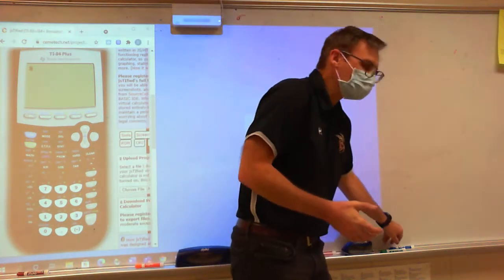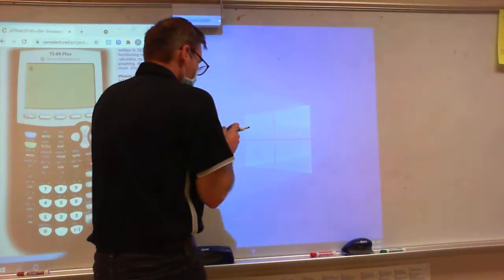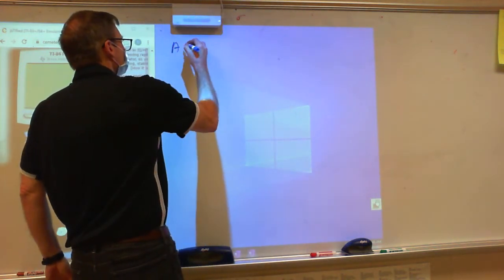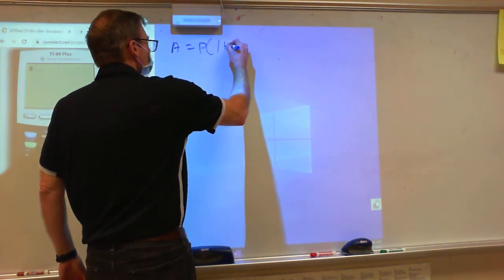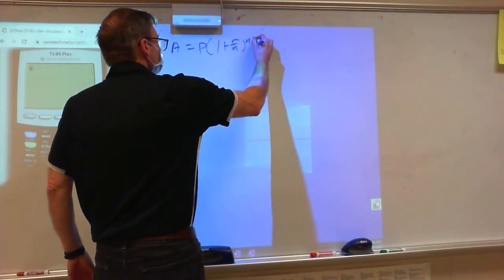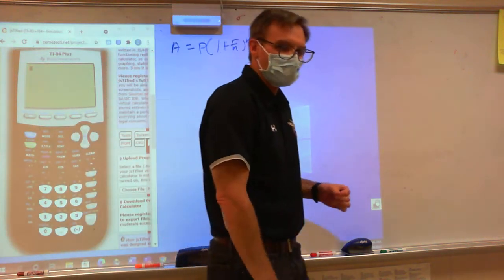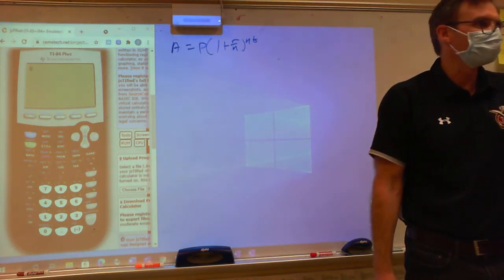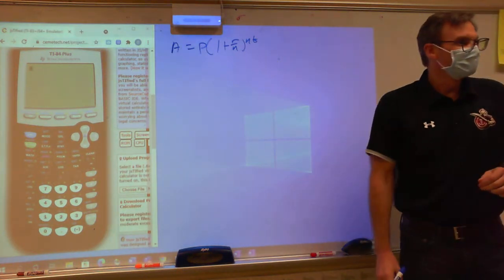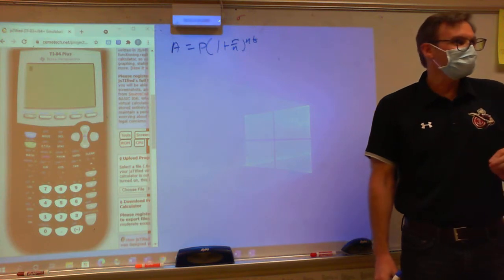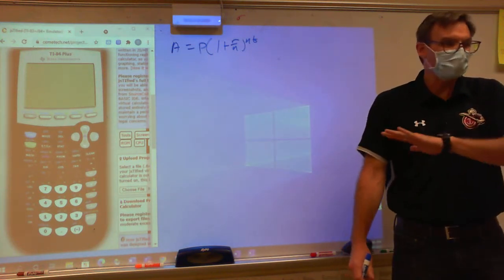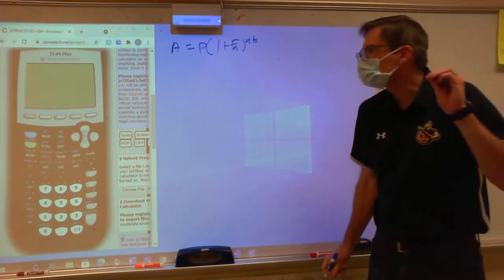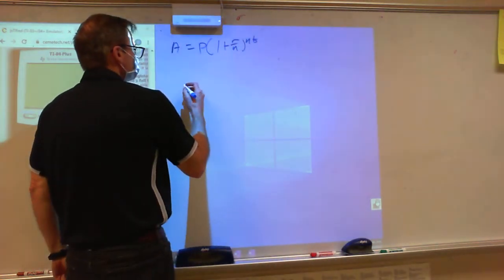Yesterday we introduced this little formula: A is equal to P times 1 plus R over N to the NT. And the homework I gave you was basically a whole lot of repetitive use of this formula. If you did your whole homework assignment, you know this formula backwards and forwards. Like you know this so well that if I